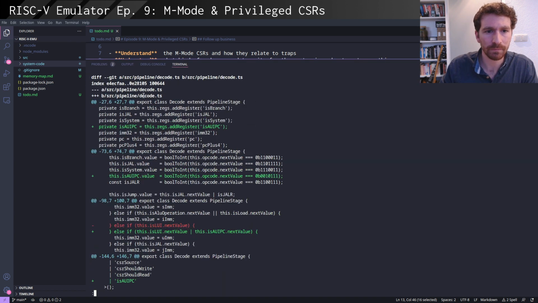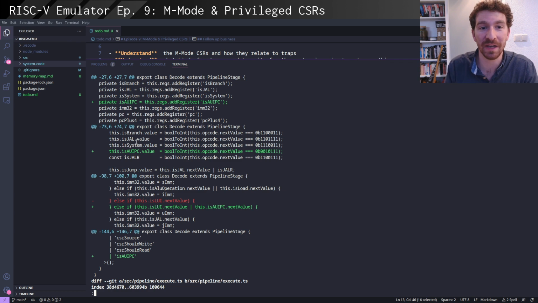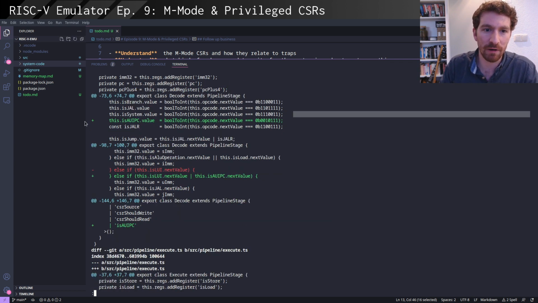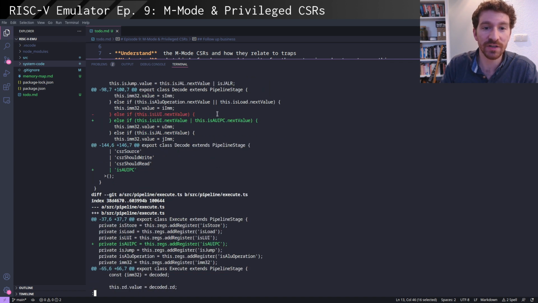So now we're looking at the decode stage of the pipeline. You can see I added add upper immediate to program counter. That's just, was it this instruction type? Here we figure out if it was. We add a condition here. So when we're figuring out which immediate we're going to put into the immediate slot,